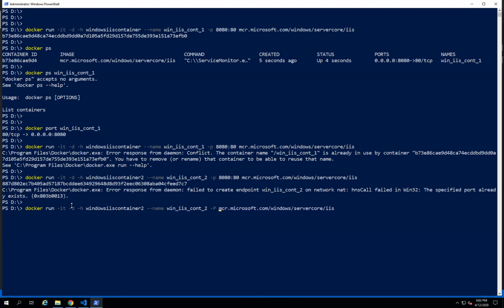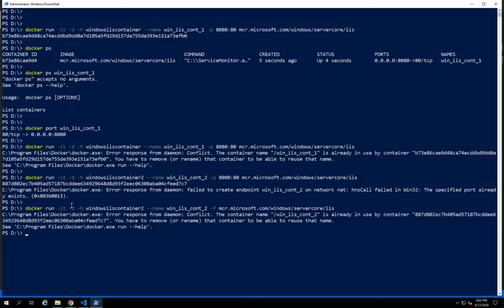With -P, Docker itself will identify the available ports of my host operating system, get the port of the application running inside the Docker container, and assign an available port of your operating system to it.